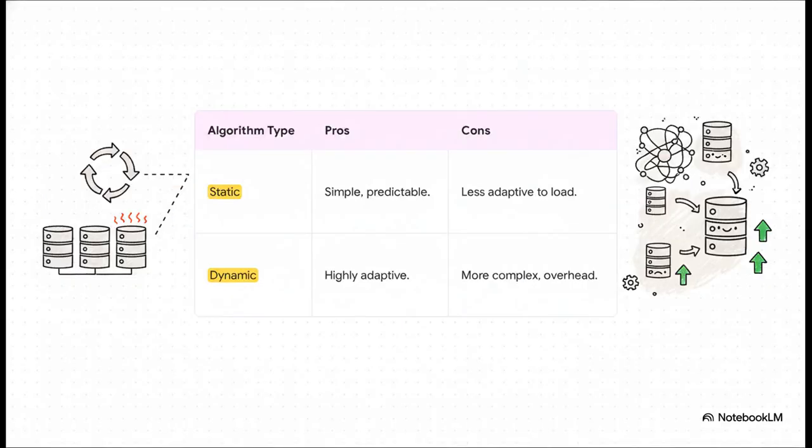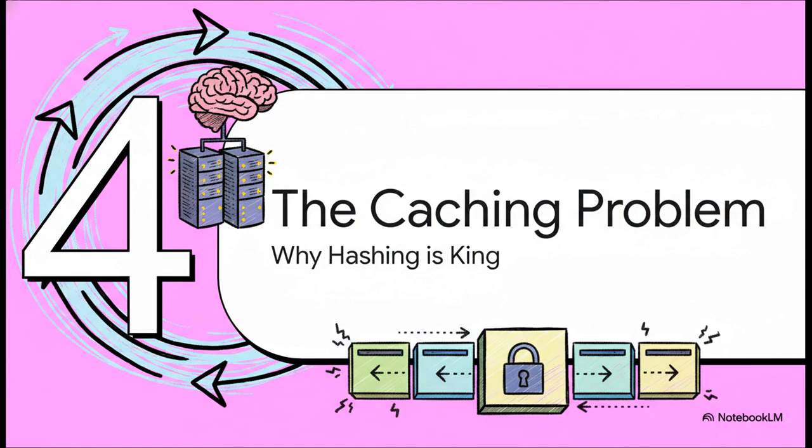You can see how both of these are totally focused on giving the user the best possible experience in that exact moment. So at the end of the day, it's a classic trade-off, right? The static methods, like good old round robin, they're super simple, easy to set up, and predictable. But they're completely blind. If a server is struggling, they'll just keep sending traffic to it anyway. The dynamic methods are way more adaptive. They're always trying to optimize for performance. But that intelligence comes at a price. They're more complex, and they need all this extra monitoring to work. Okay, now I want to circle back to one of those algorithms we mentioned, the hash-based one.